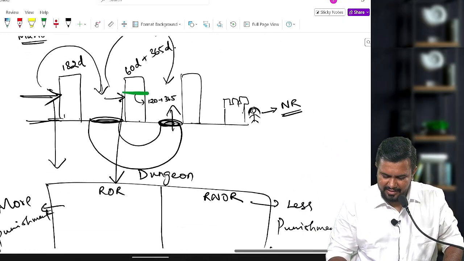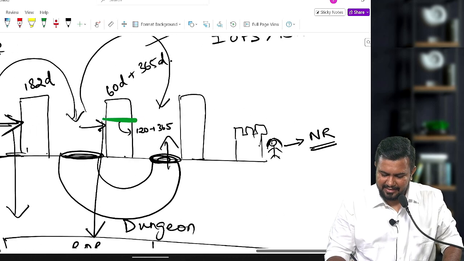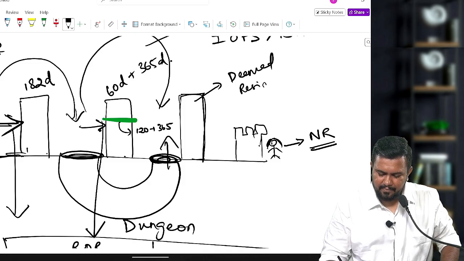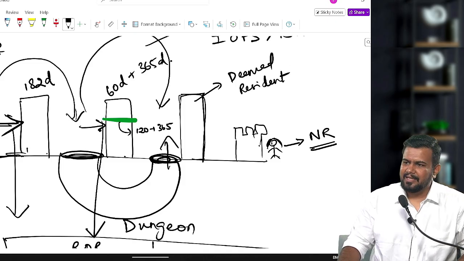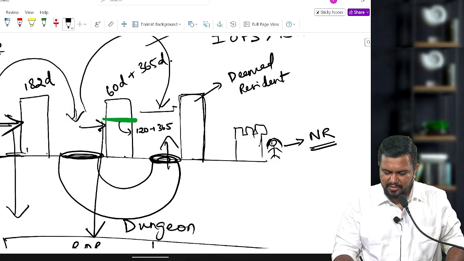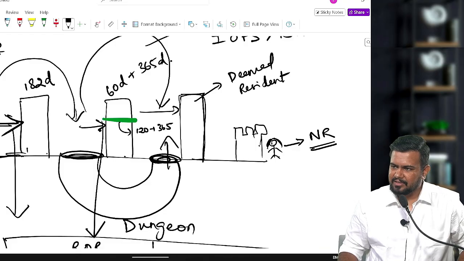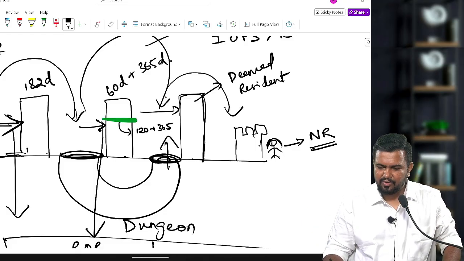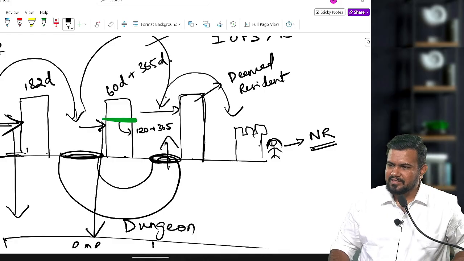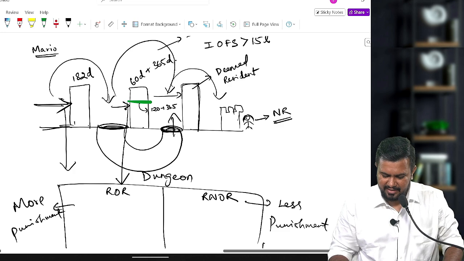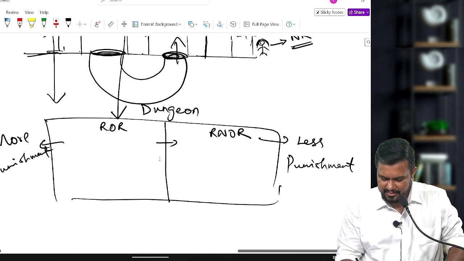Understood? Now when they come here to this stage, this is the last stage. This last stage is called deemed resident. In deemed resident, we are going to see some condition. If that condition is satisfied, you again dash on the wall and you go inside the dungeon. But if this condition also you do not satisfy, you can finally go to the castle and meet your princess: non-resident. Okay, wow. Now in the dungeon, when you go inside, there are four gates